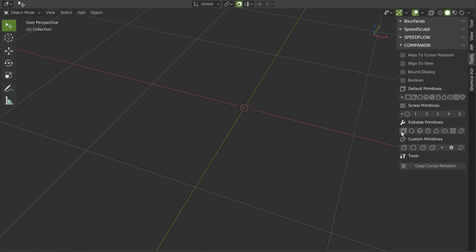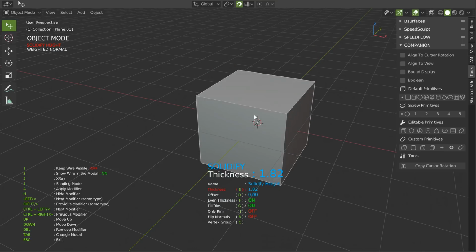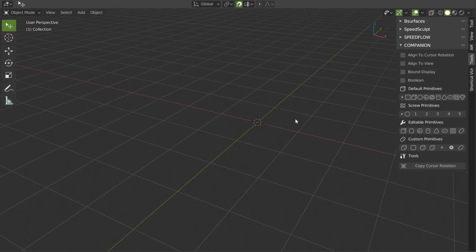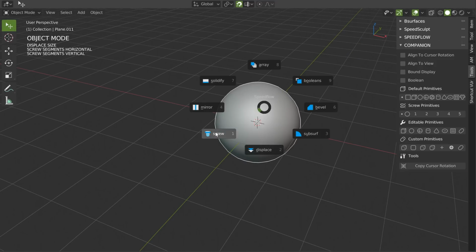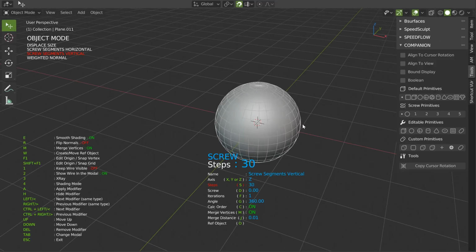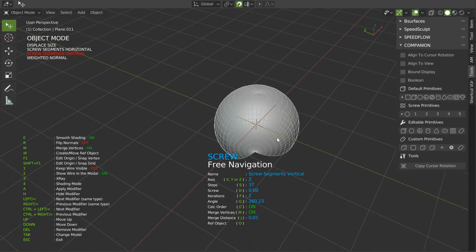The editable primitives are like that. For example, I have this one, I can play with the solidify to create this directly. This one is a circle, but there is a bug in Blender, you cannot see it directly like that. This one is a sphere, so if I call this screw on the SpeedFlow, I can edit this, I can edit this. I just go from one modifier to the other, as you can see. And like that I can edit it, and I can play with the options. Just like that, as you can see.